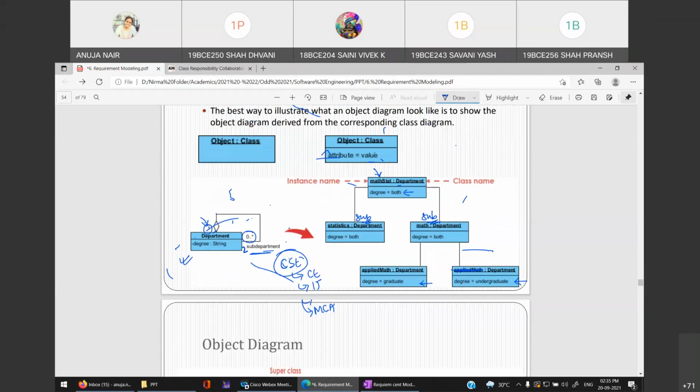Please tell me, if I would have written 2 over here, then what should be my object diagram? I get a response. Yes, Devansh is right. So 2 sub departments and 1 main department, right? Because you have given multiplicity as 2.